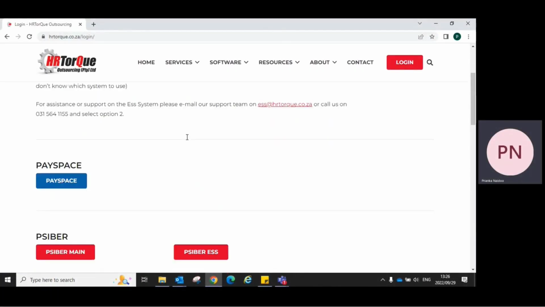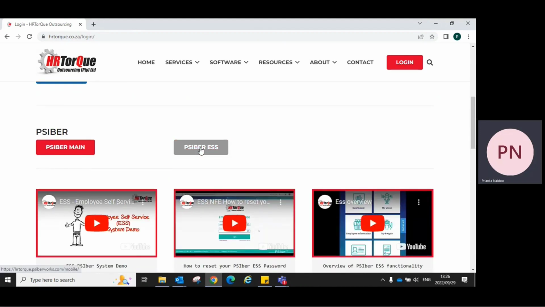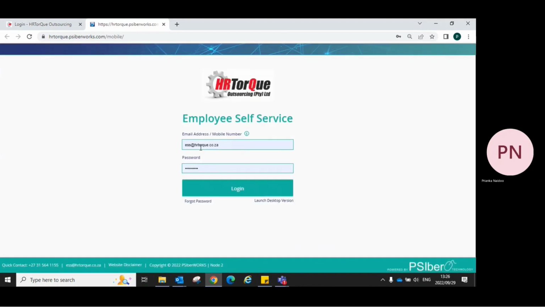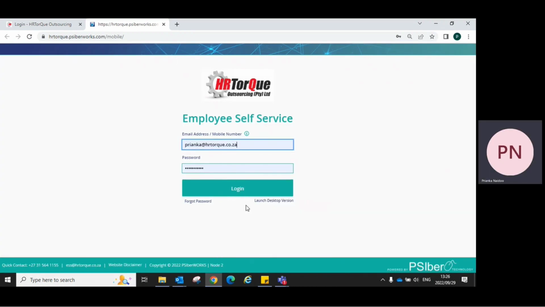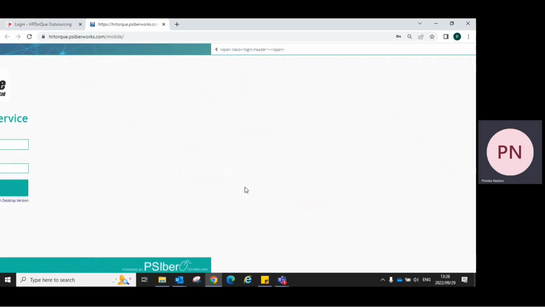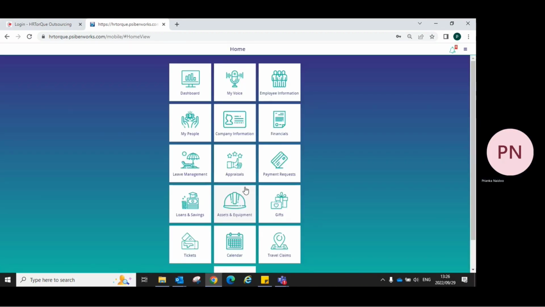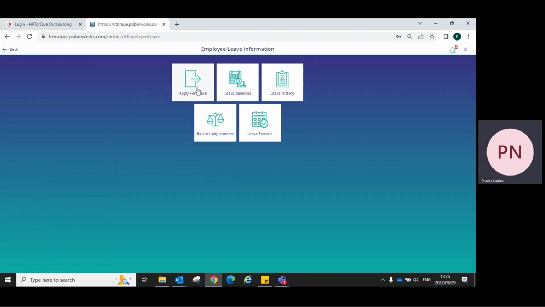Once you have clicked on that, you would need to find the PSIber ESS and click on that. It will then take you to the Employee Self-Service home screen. You will then need to add in your username and your password and click on Login. You will then click on Leave Management, Apply for Leave,